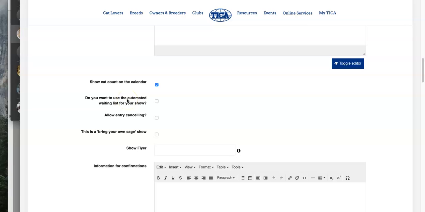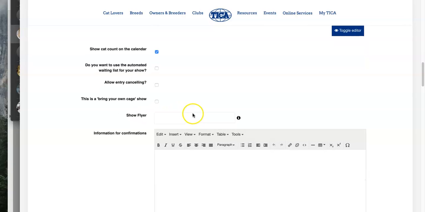You can use an automatic wait listing if your show fills. You choose if you want to allow exhibitors to cancel their entries on their own. I don't recommend this. And if you're doing a bring your own cage show, you want to select that. What that'll do is it will notify the exhibitors when they enter that this is a bring your own cage show, and it will not give them the option when they enter